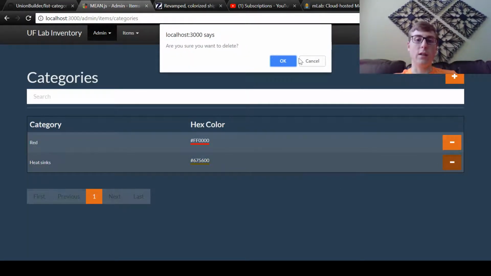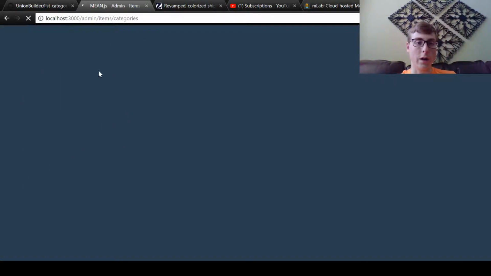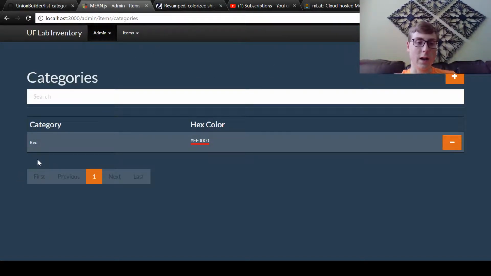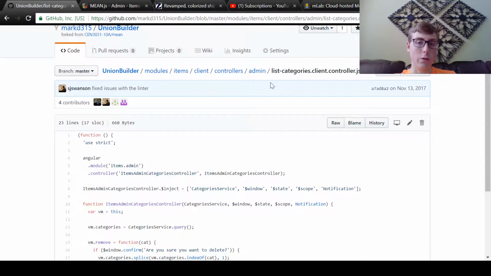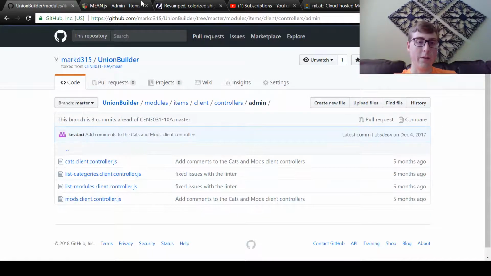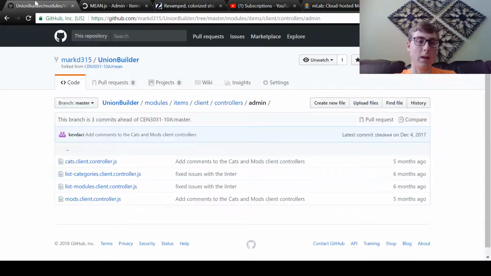So if I delete this one, it actually goes away from the front end. And then if I refresh the page, it'll still be gone, is the key, right? So it talks to the server again when it reloads the page, and it's still gone from there because we actually deleted it. If we only spliced it and we didn't call that category service remove, that would be an issue for us. It would disappear when we originally ran this delete thing, but then when we refresh the page, it would still be there. Okay,